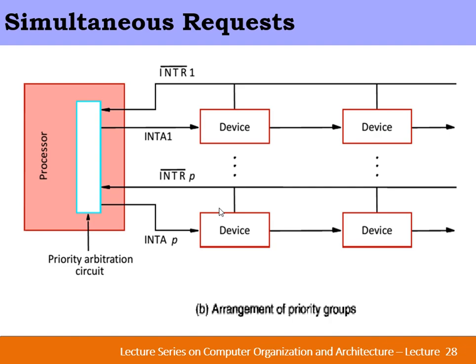So hence it is going to reduce the number of wires. There will be no individual separate interrupt request line as well as interrupt acknowledgement line from each and every IO device. Only a few lines will be provided from a group of IO devices, that is, the interrupt request line and interrupt acknowledgement line. Every IO device in a group will be checked whether it requires service or not.